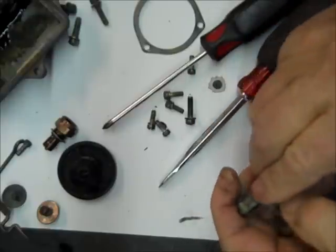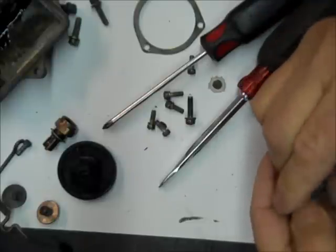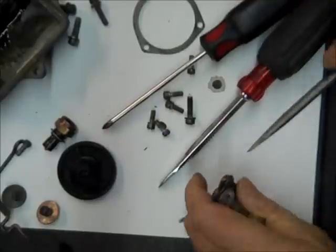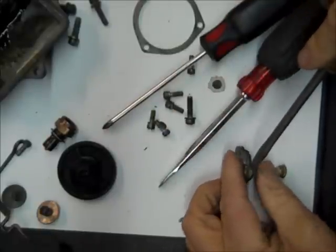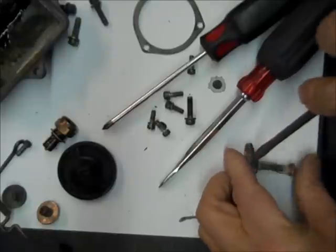Whatever this came off of, the gas tank would probably have to be removed and cleaned out. At least that's what I would do for sure. Otherwise, you get the carburetor all done and